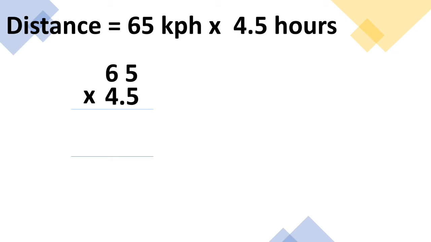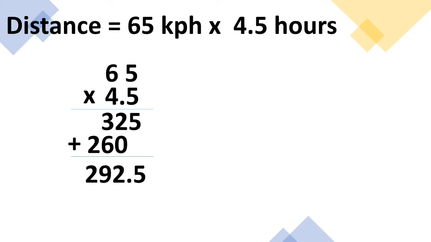So 5 times 5 is 25, carry 2. 5 times 6 is 30, plus 2, 32, or 325. So 4 times 5, it's 20. Carry 2, 4 times 6 is 24, plus 2, it's 26. So we got 260. Now we are going to add the partial product, which is 325 plus 260 is equal to